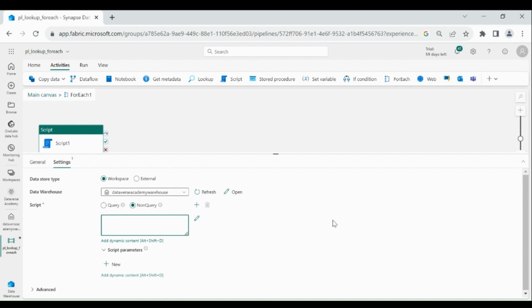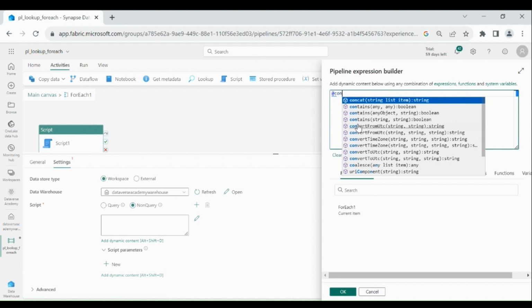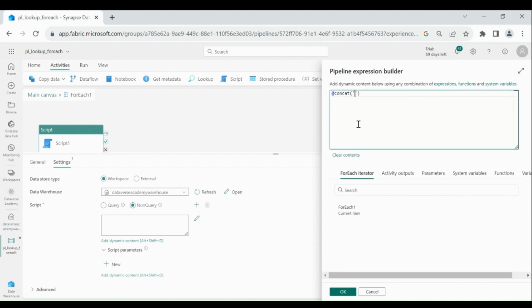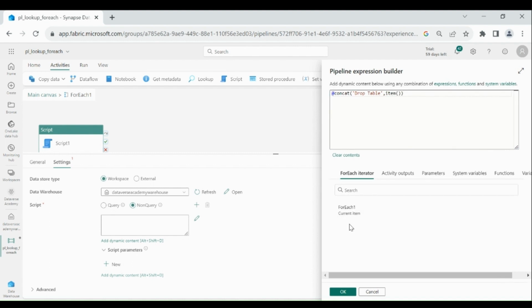So for that, what we need to do, click on add dynamic content, and here write @concat, then single bracket, drop table, and comma. Then we need to provide the schema name. So for that, this for each parameter contains both schema name as well as table name. Click on it.